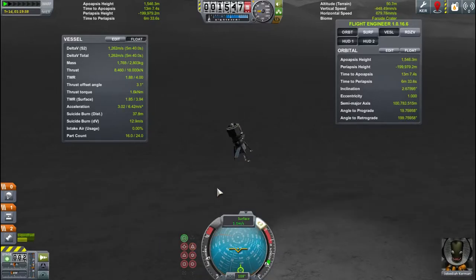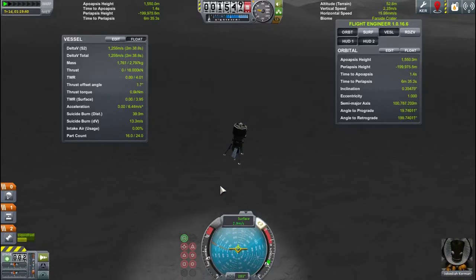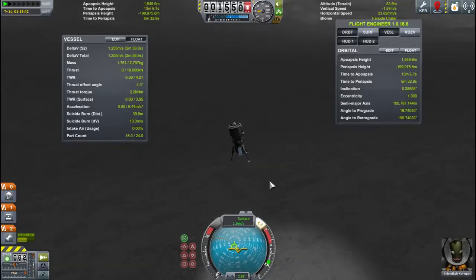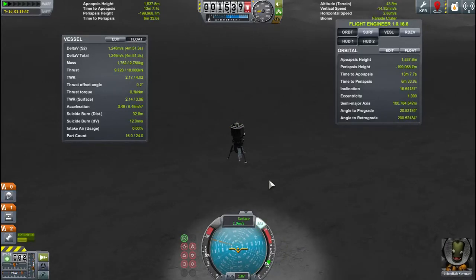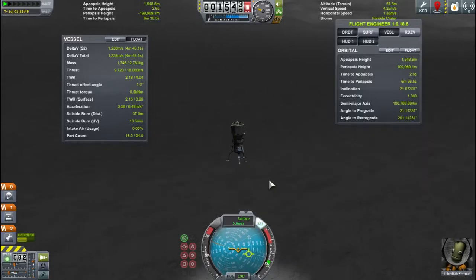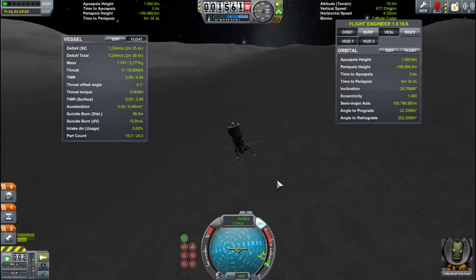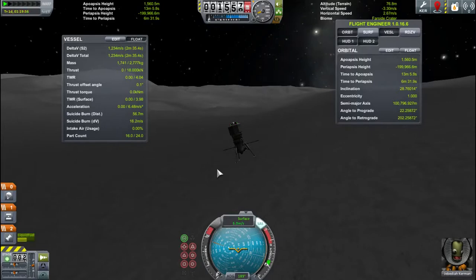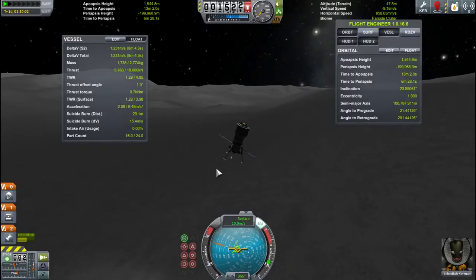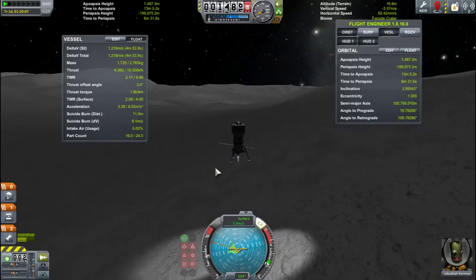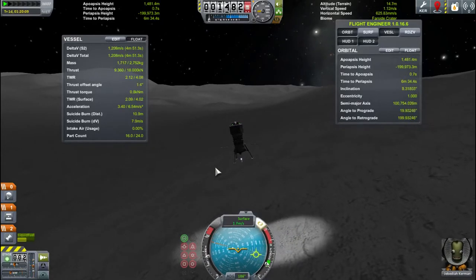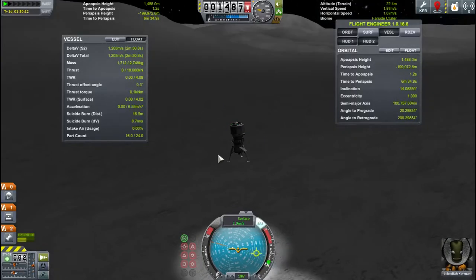Okay, let's maybe go this way. That seems to be the best thing to do. You want to be careful about that. Just because, you know, you can waste a lot of fuel, but that slope seems to be a little bit too much for us to handle. As does that one. So it's a good thing we brought a lot of Delta V along,